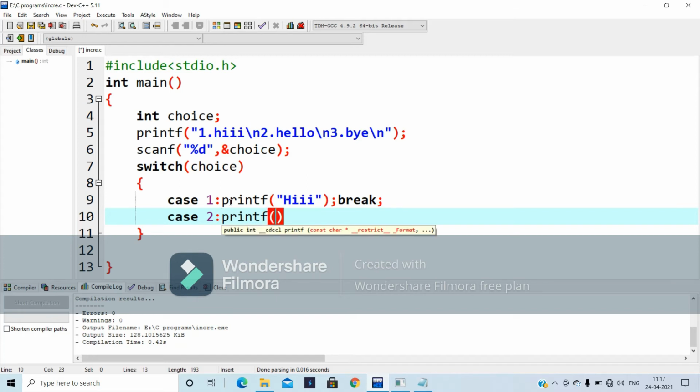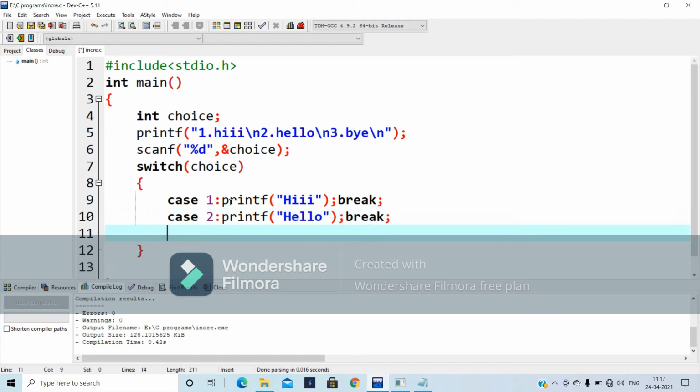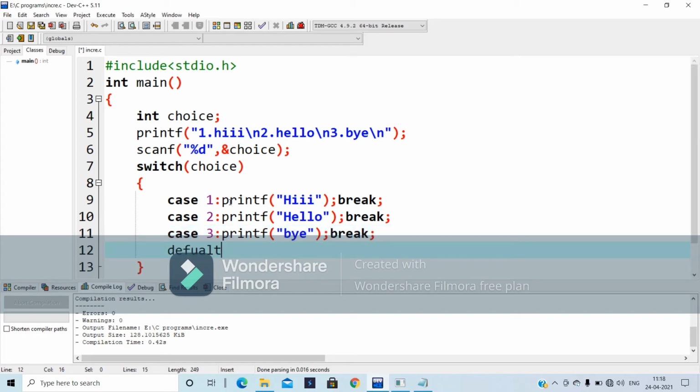printf hello, break, obviously. Case 3, printf bye, break. Here the default case is there.